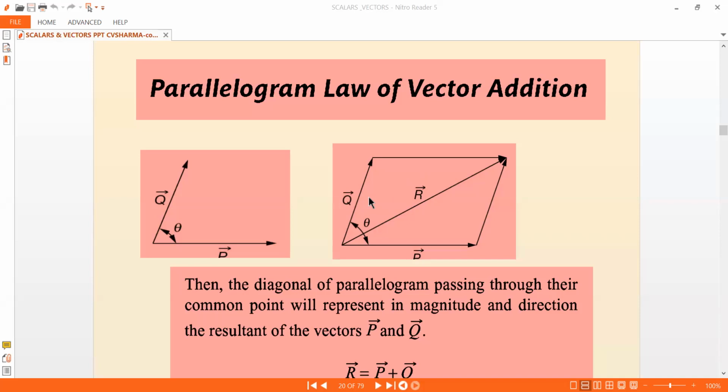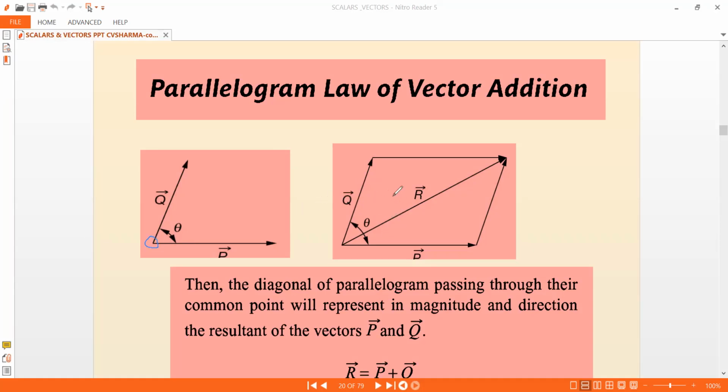The topic of discussion now is the parallelogram law of vectors. In an earlier video I discussed the triangle of vectors, and I gave a glimpse of the parallelogram law of vectors. The crux of this problem is that whenever the head and the tail of the vectors are not matching, but the tails are matching, then you can use this parallelogram law of vectors.